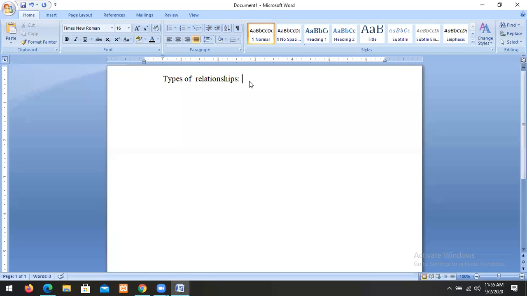Now we'll discuss the types of relationships. So what are types of relationships? An entity instance of one entity type that can be associated with entity instances of other entity type is called types of relationship. So what is types of relationship? The types of relationship